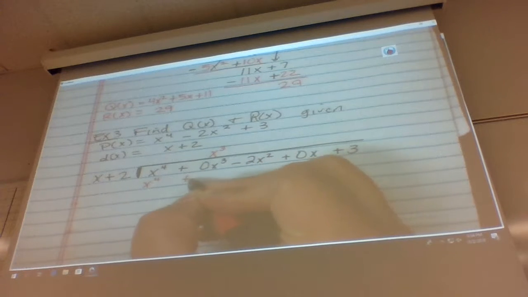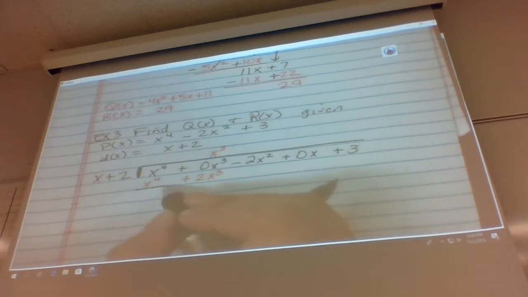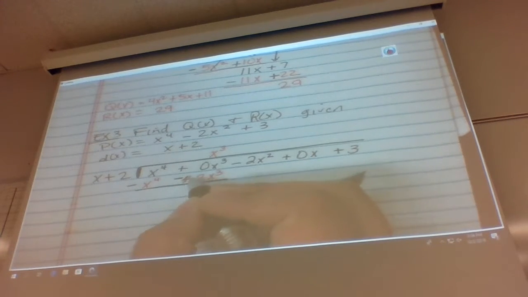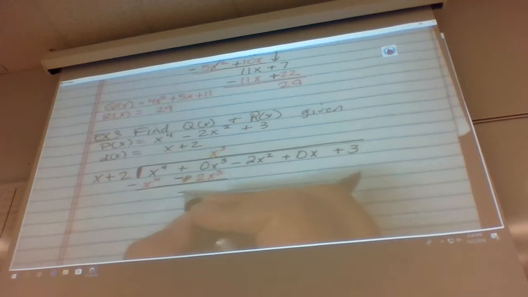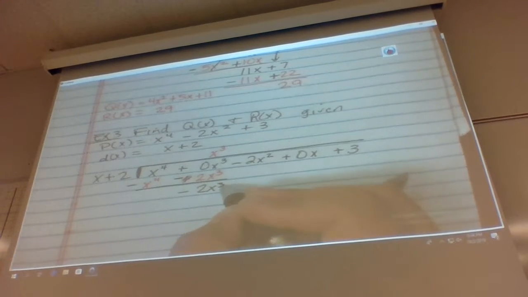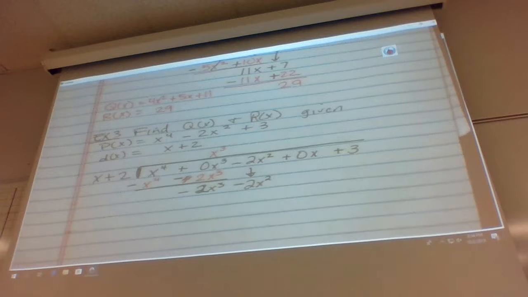Would you bring down the 2x? Because that 0 minus it, so it doesn't take anything away. Okay. You forgot the sign on the